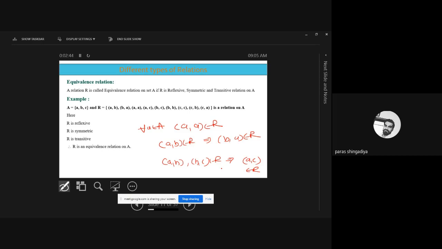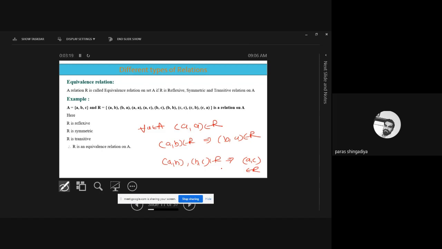So one of the examples is given, for the relation there are 8 pairs: (A, B), (B, A), (A, A), (A, C), (B, C), and so on. Clear? That is one of the subsets of A cross A. When we create A cross A, how many pairs will it include? 3 into 3, 9 pairs will be included. So just consider a few of these pairs in this R. And now we have to check that all these three properties are satisfied for this given R. If they are satisfied, then this example is called an equivalence relation.